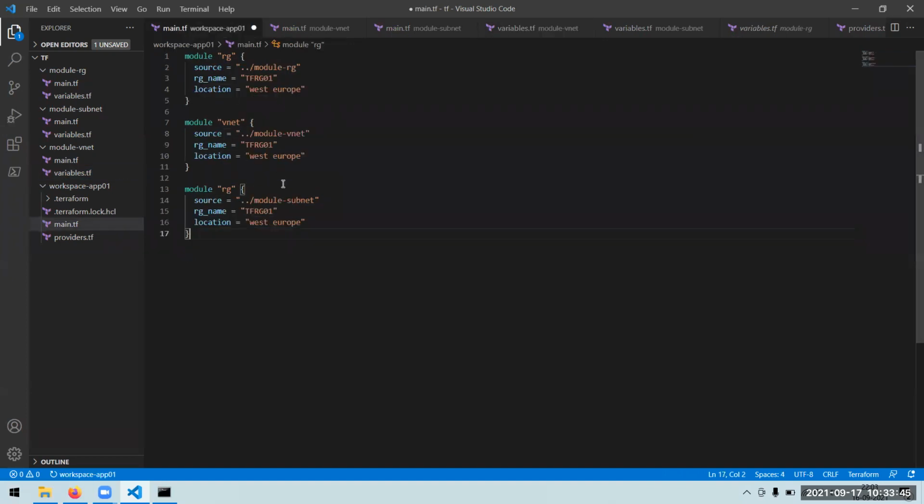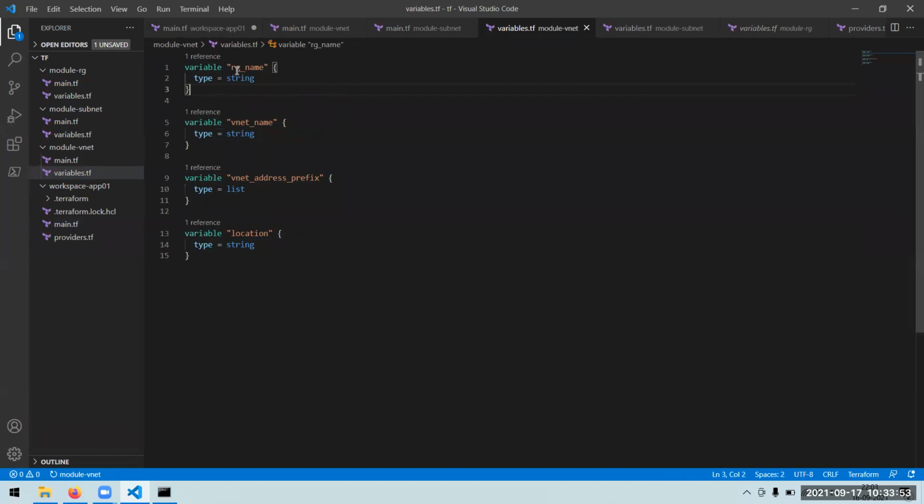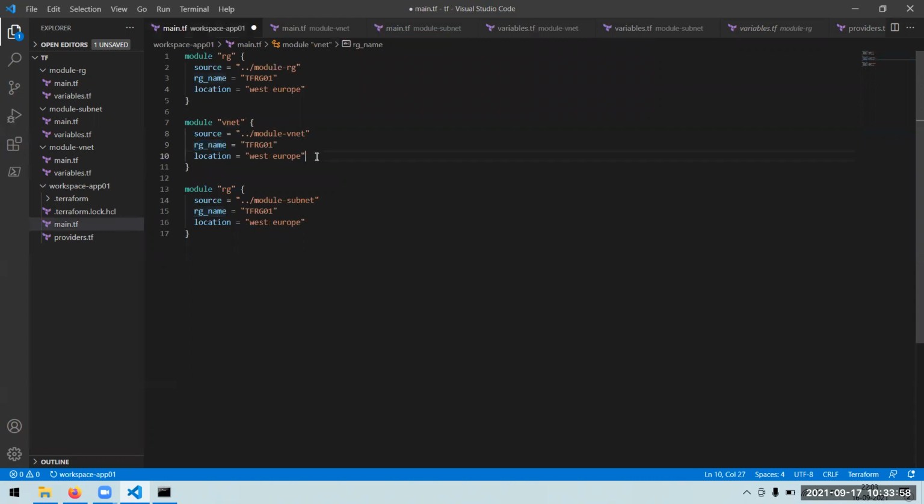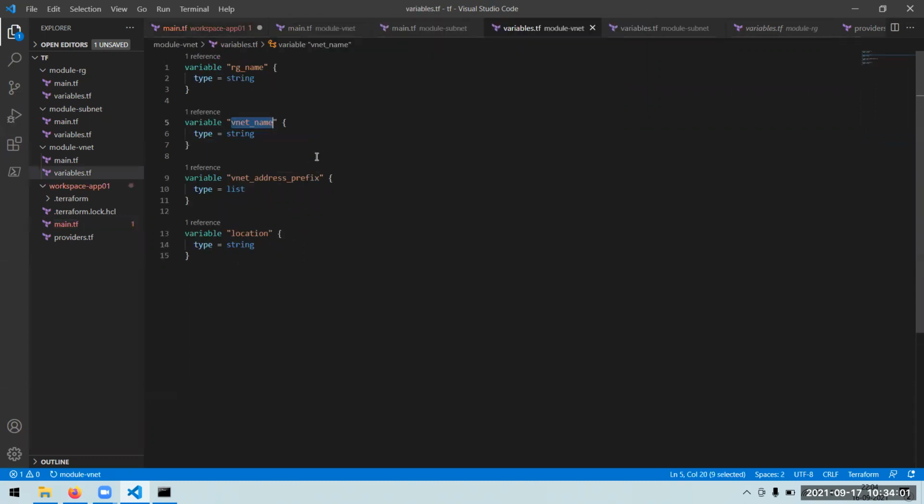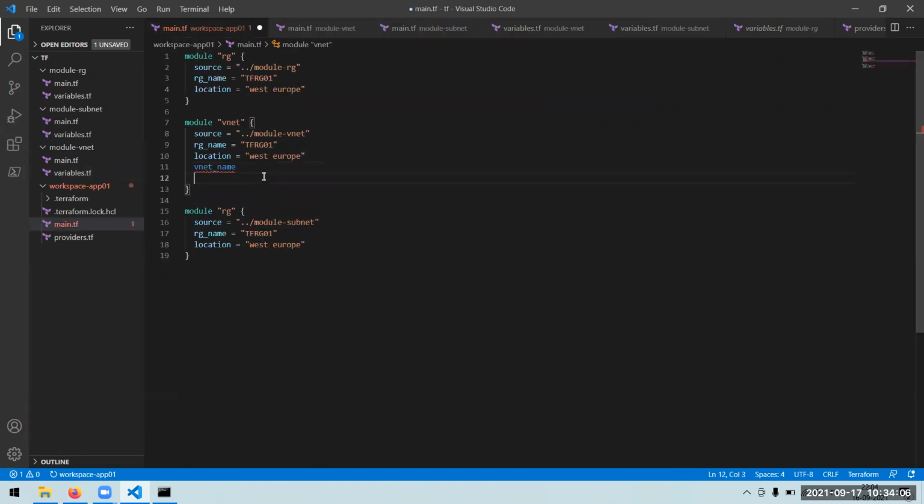We look into that. RG underscore name, yes, we have given. VNet name, VNet address prefix, and finally location. That's it. You have to concentrate only on the variables which are not passing the input, the empty variables. You need to worry about those. The rest, leave it blindly. So VNet name,